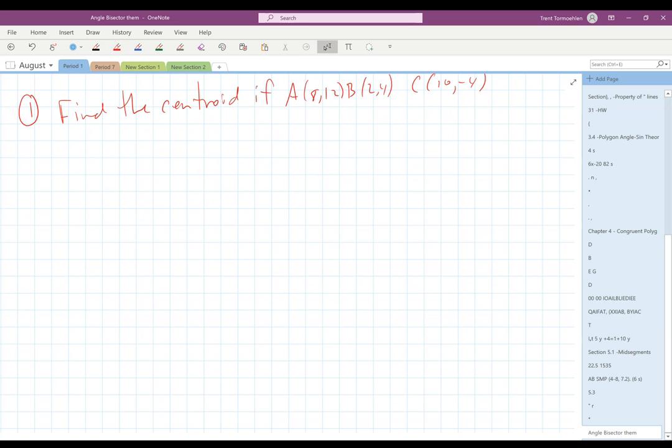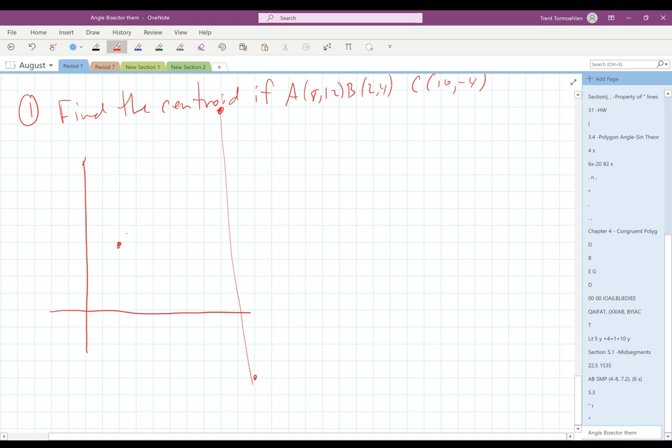And so graphing these points, we've got 8 over, 12 up, and then 2 over, 4 up, and 10 over, -4 down. And so this is our triangle, and we want to find out what the centroid of it is. And so to do that, we want to find the 2 medians of this